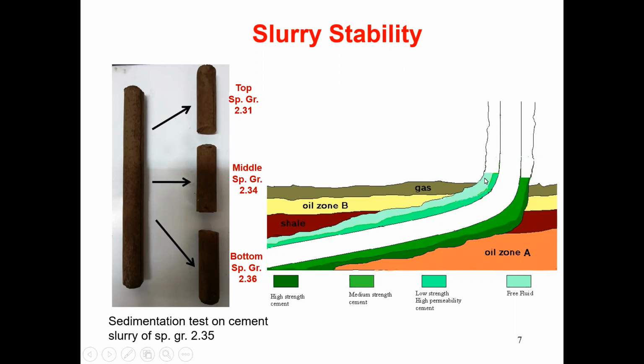So we have to check the stability, and this happens predominantly in HPHT wells, because as the temperature increases, the yield point goes down in the mud also. So we have to check the stability at the bottom hole conditions of temperature and pressure. That's very important, because at high temperature the yield point goes down and the solids tend to settle. And in HPHT wells, there are a lot of heavyweight additives that we add in the cement also, because the pressure is high.